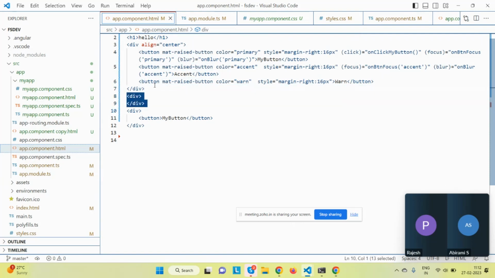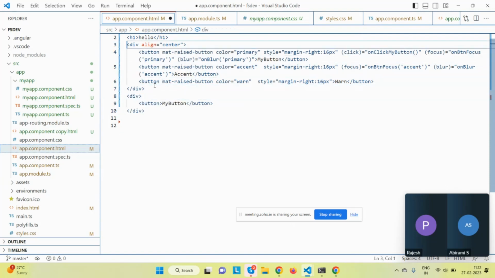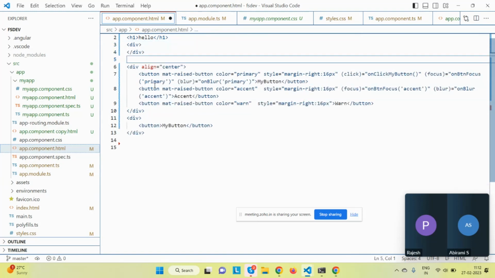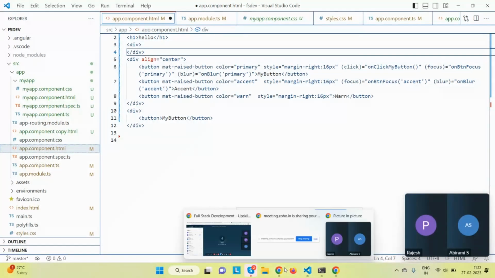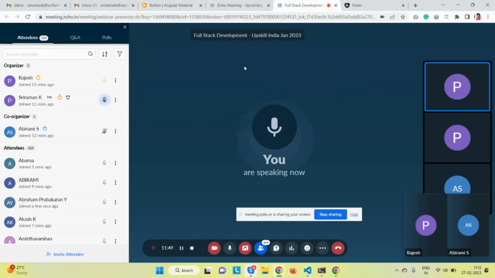All form fields are grouped together, and that is called mat form field. So if you see here, mat form field is basically a wrapper. It doesn't have anything on its own. Using that wrapper, if you give your input box, then automatically the shape, the way the input box is shown,